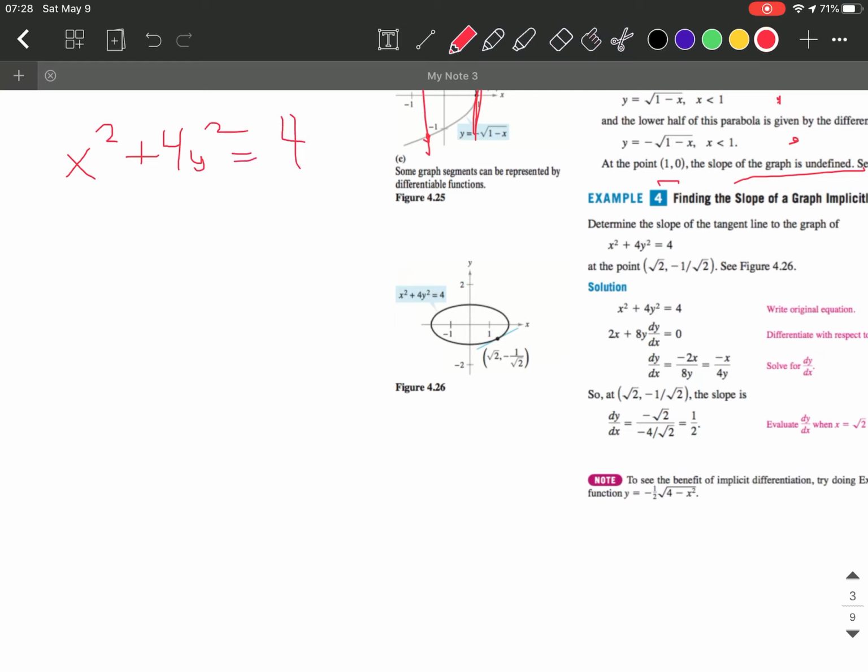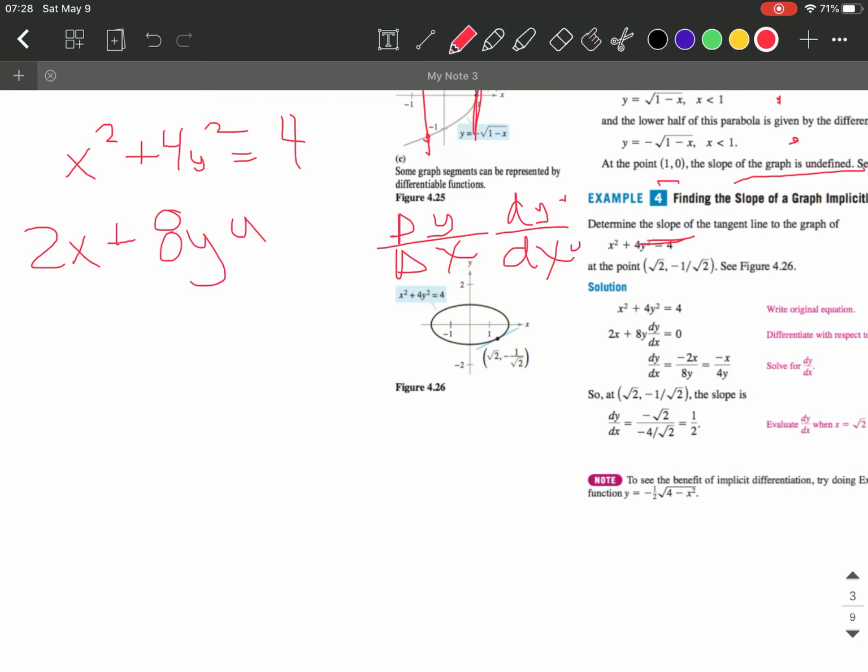And since you notice that no variable is alone, you have to use implicit differentiation. So let's do the first term with respect to x. How do I know that it is with respect to x? Whenever they want the slope, remember the formula for slope is change in y over change in x. That's where dy dx comes from. D is change, so it's change in y over change in x. So it's 2x plus 8y, and since I'm deriving y here, y prime equals,